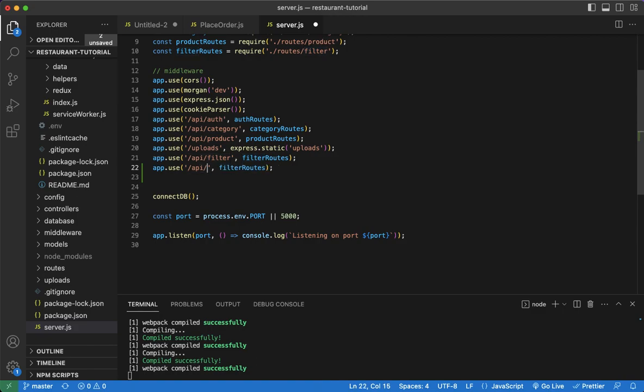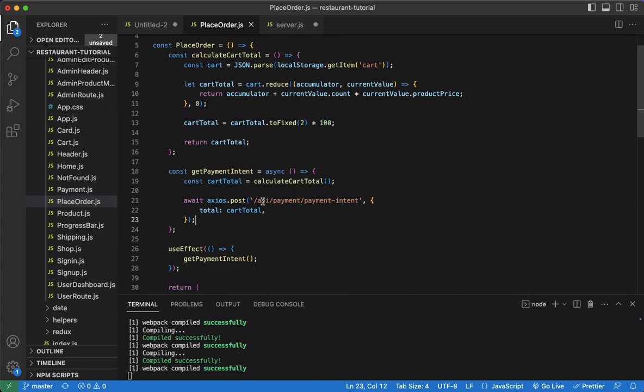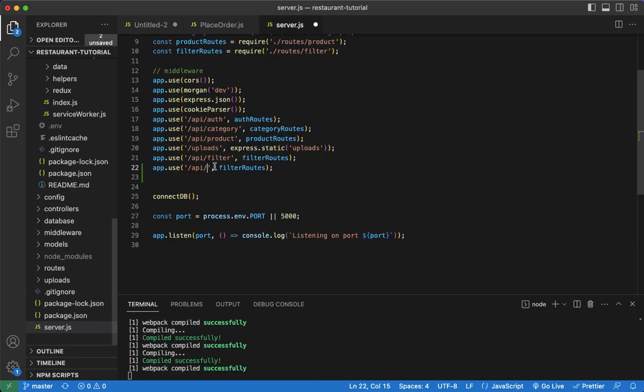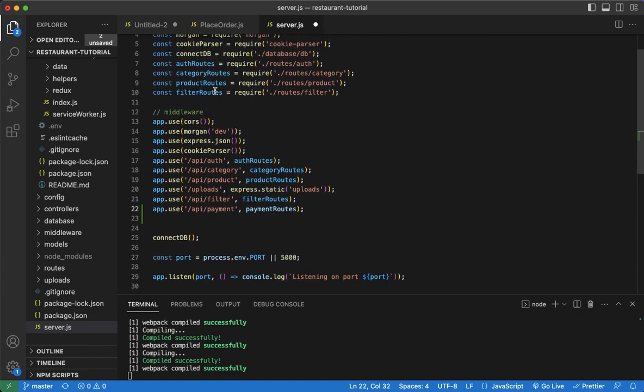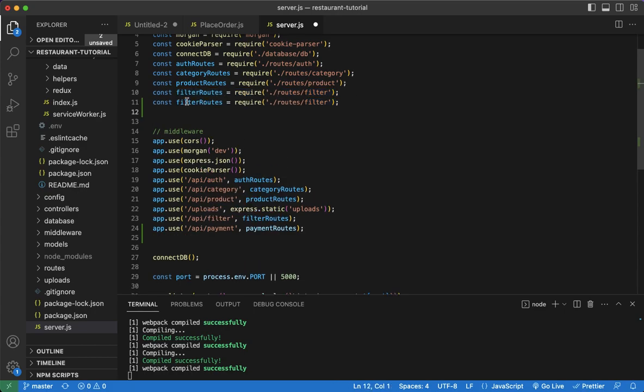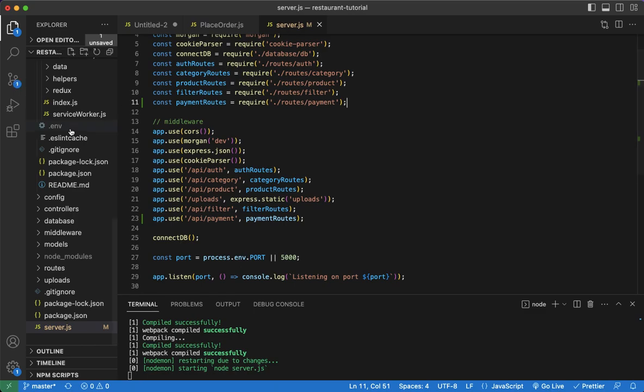So going here to our server.js, we're going to copy this and paste, and we're going to call this, what was the route here? We've got to match this to this here. So I'm going to take this API payment, and this here is going to be payment routes. Payment routes, and this will be routes payment. Okay, so now we're going to have to go over to